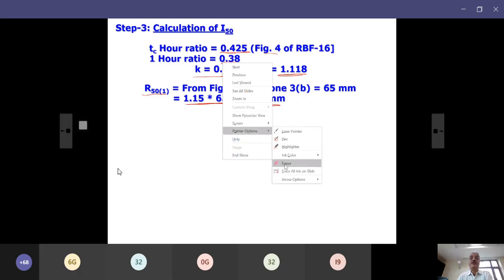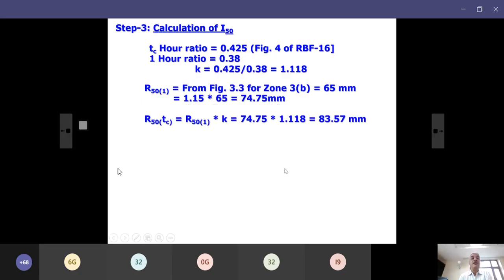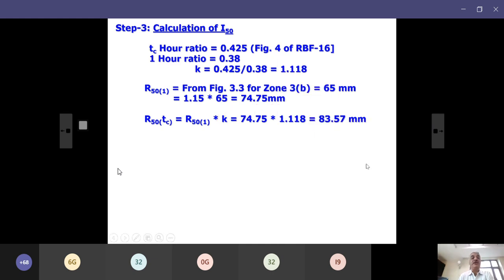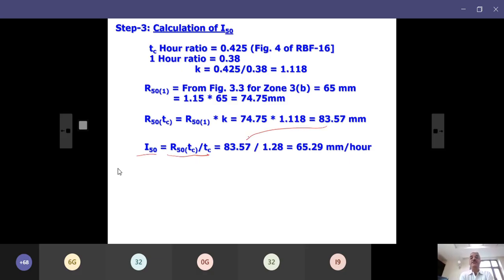This is your R51. R50 TC is K times R51. So R51 is 74.75, K is 1.118, so 83.57 millimeter. And I50 will be R50 TC divided by TC,